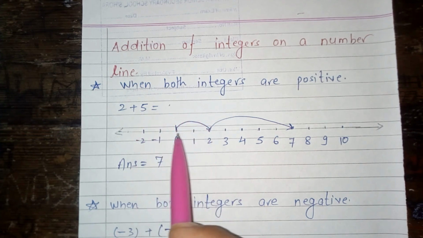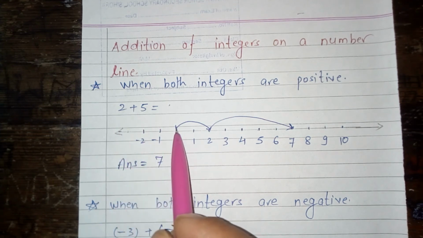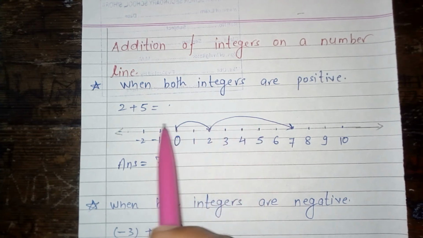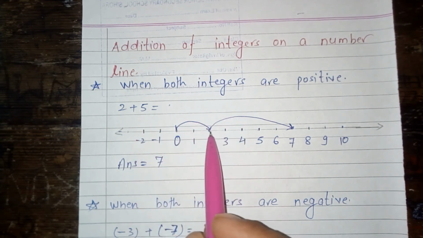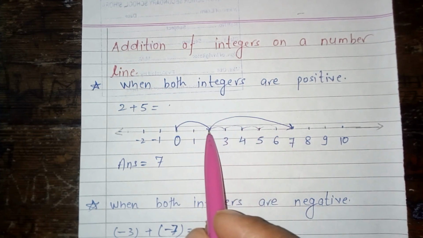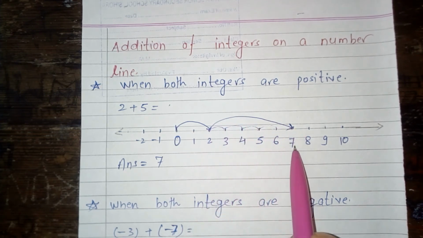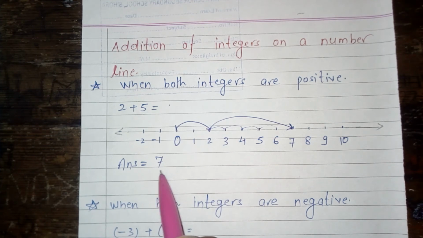First we take 2 steps from 0, as you are looking, 0 to 2, first step. Then after 2 we will take 5 steps. Now look here, this is 1, 2, 3, 4 and this is 5. After 2 you will jump 5 steps, then you will get 7. So the answer is 2 plus 5 is equal to 7. Okay,